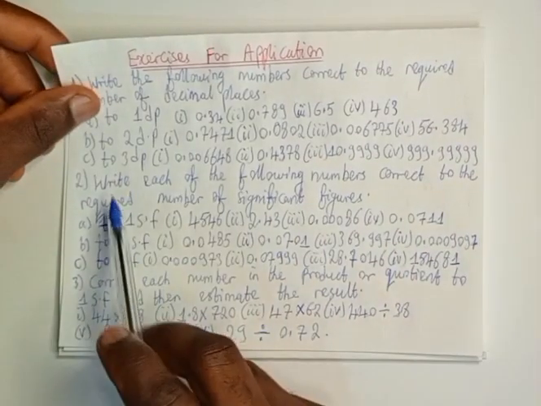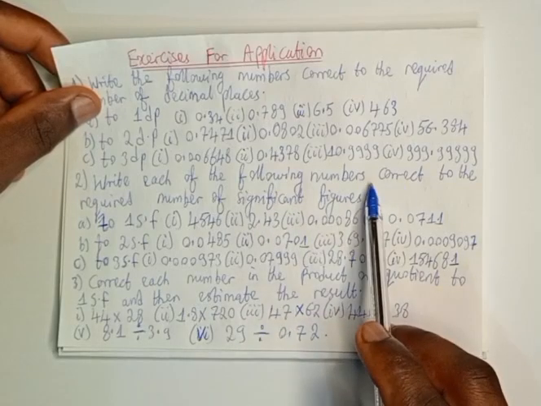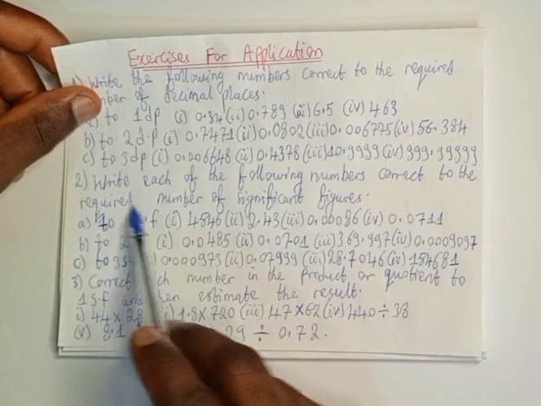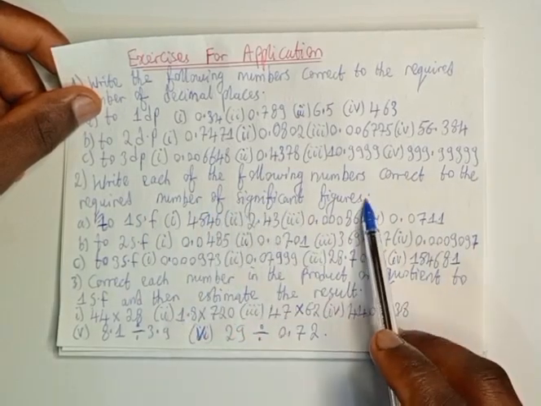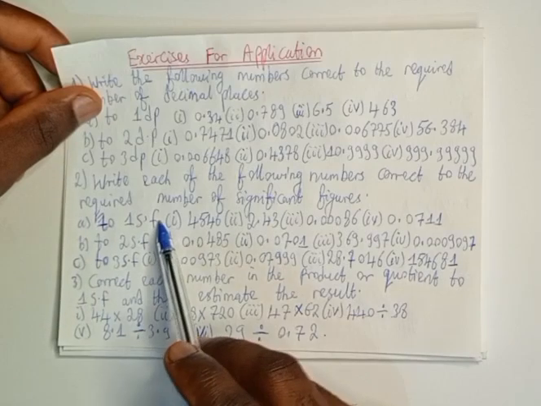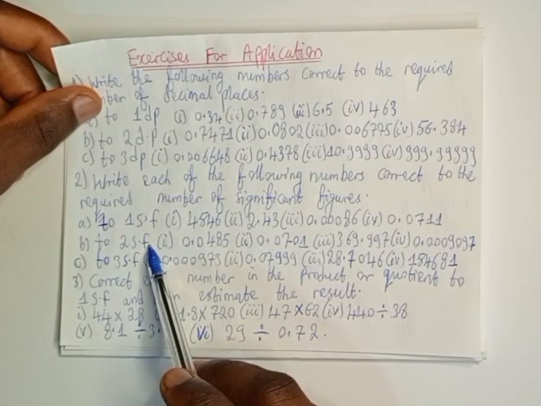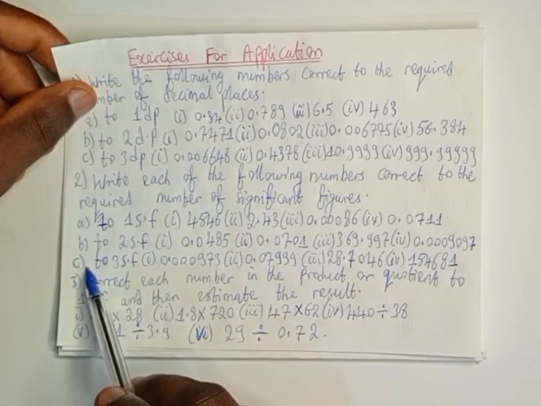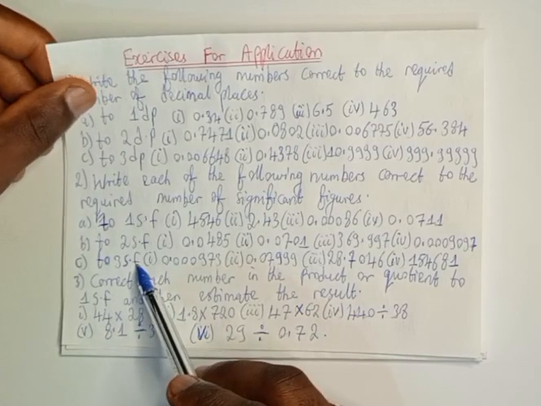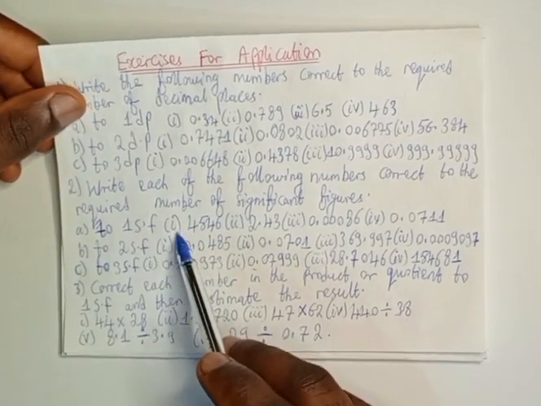For question 2, write each of the following numbers correct to the required number of significant figures. For A, to 1SF, B, 2SF, and for C, to 3SF. For I, we have the number